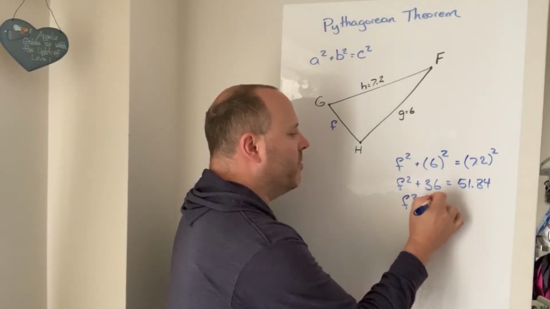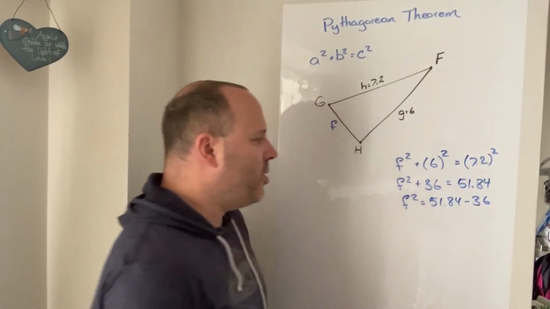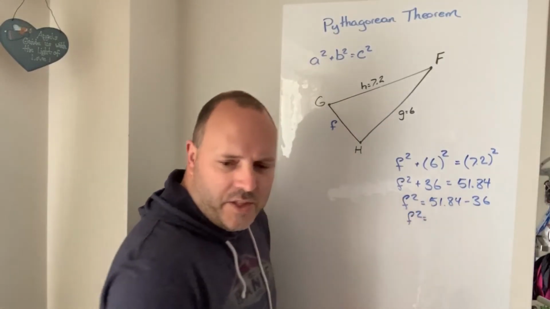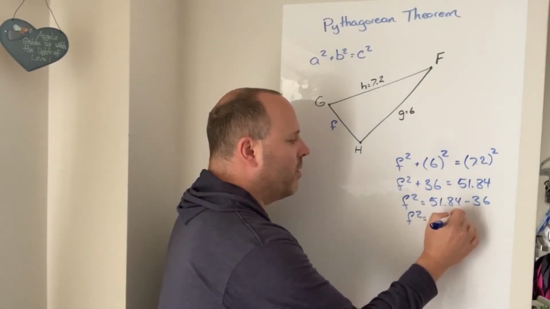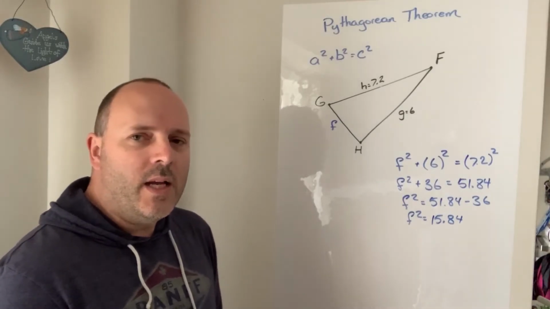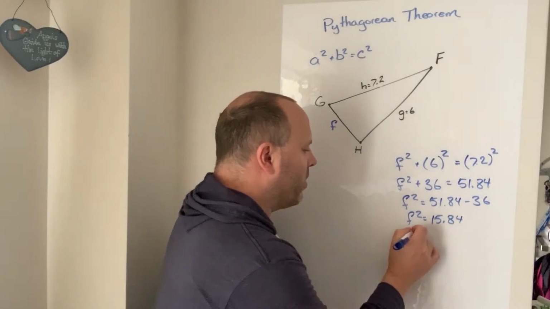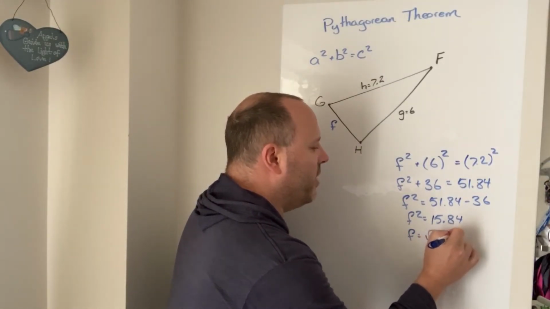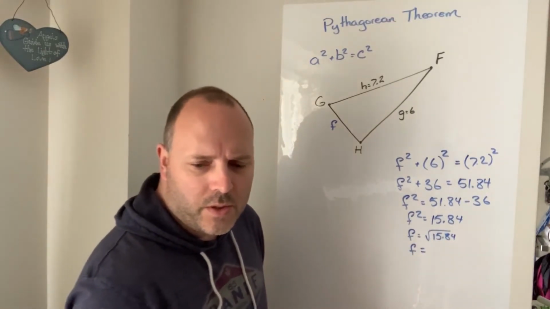F squared is 51.84 minus 36. You might not write that step. You might just carry it out on your calculator. Say f squared is equal to 15.84. And opposite operation of squaring, f squared is take the square root. So f is the square root of 15.84. And that worked out to